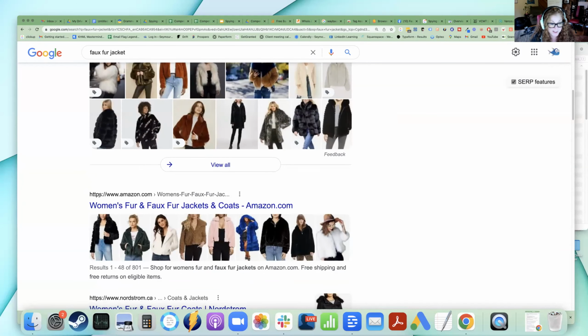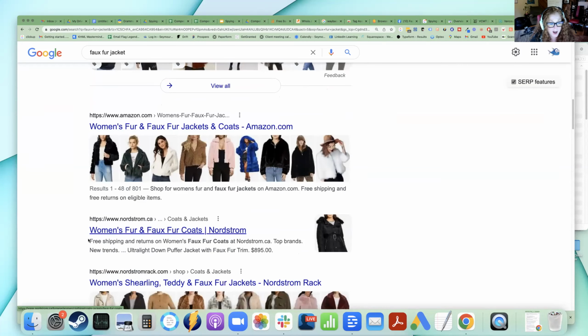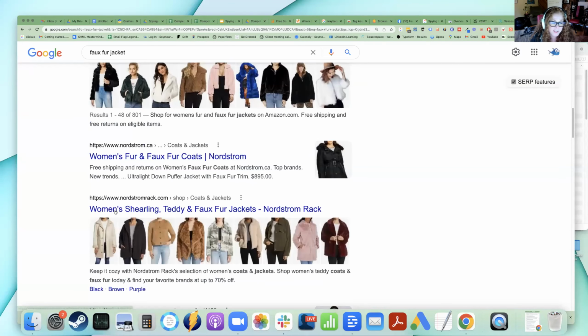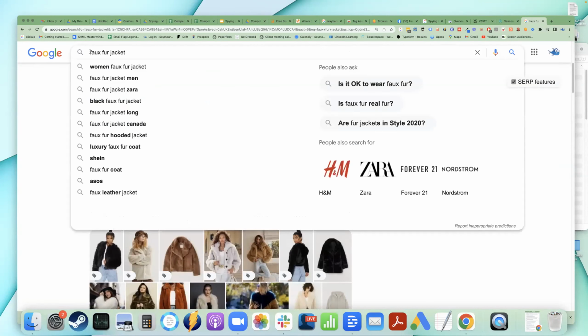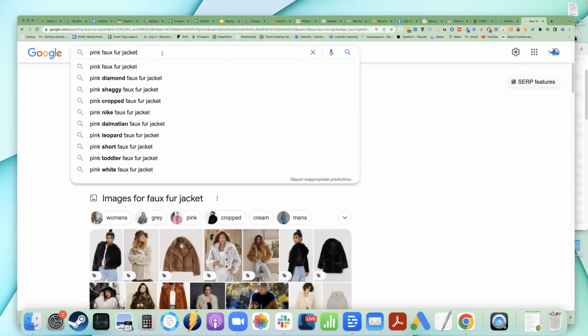Amazon, not going to beat them. So we know that, but Nordstrom, right? These are all huge brands. So you're going to have to compete with faux fur pink. Let's do pink faux fur jacket for